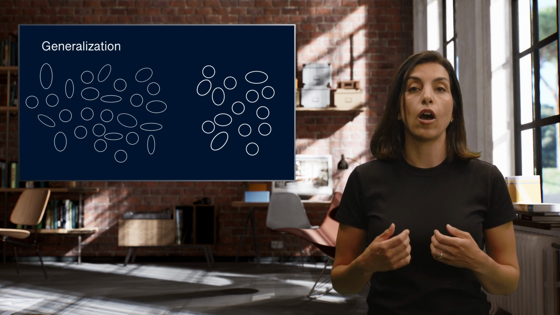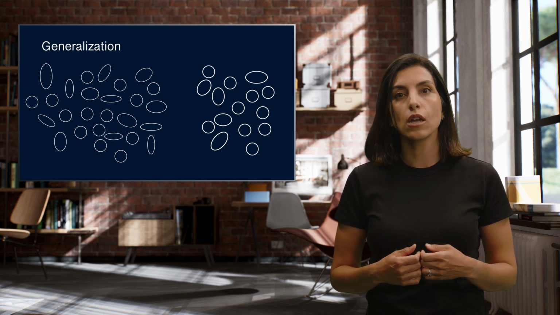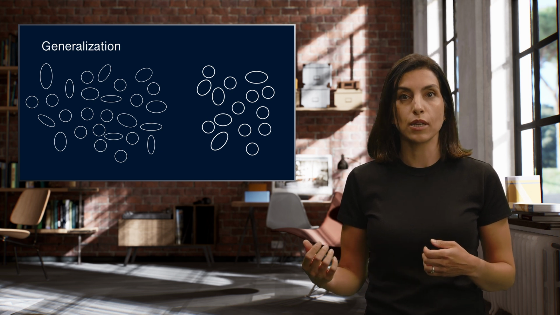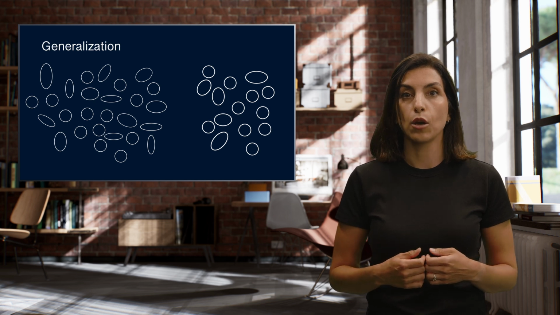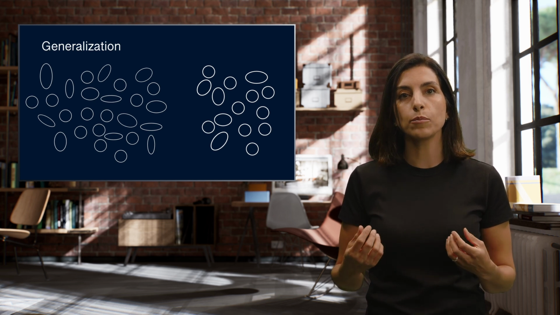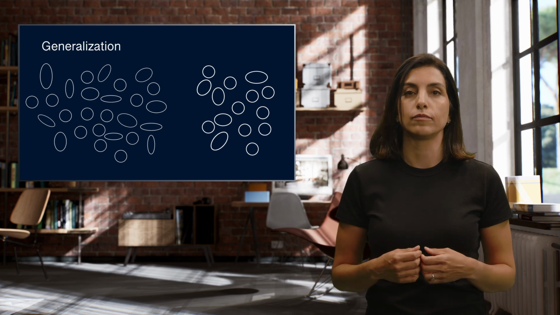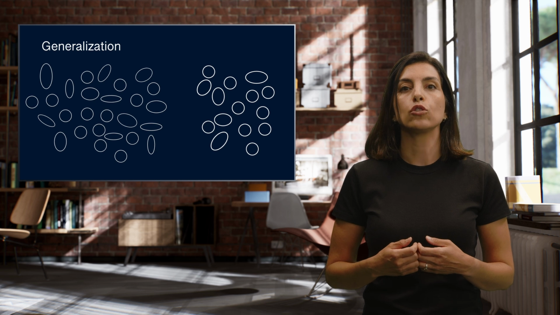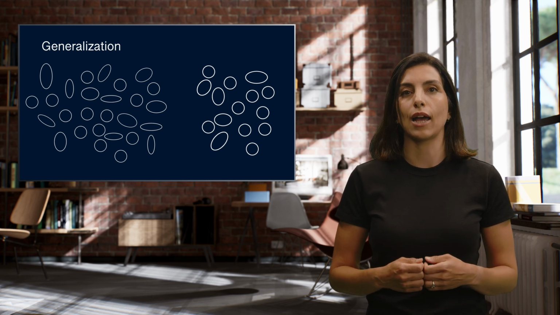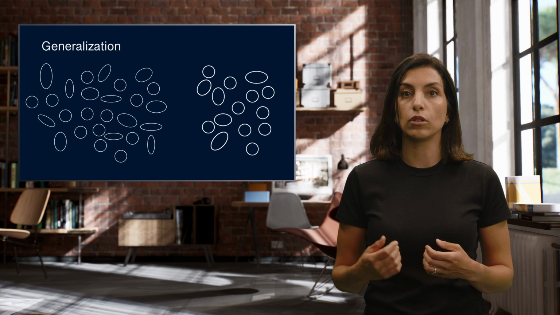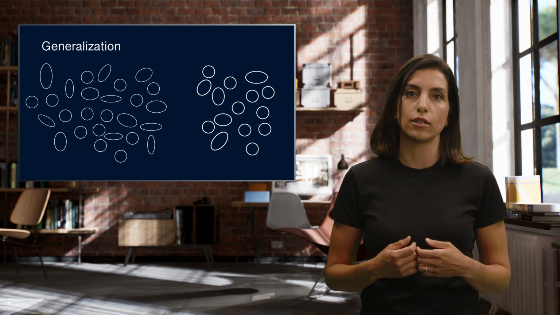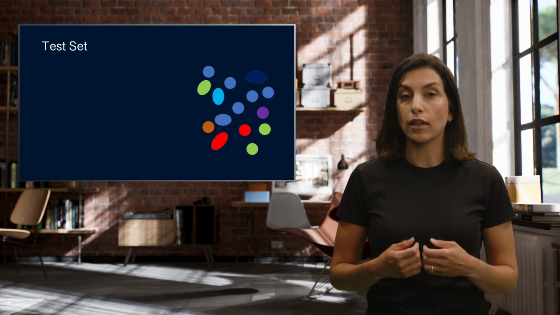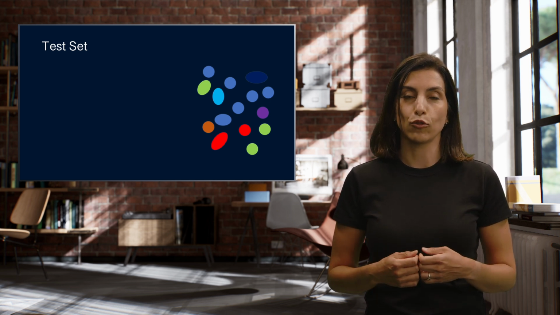In the context of our toy dataset, this means not learning to associate the color to the shapes in the shape classification task, but learning what makes an ellipsoid a circle. In other words, the machine learning model needs to attend to the shapes for this particular task, not overfitting to the misleading color information in the dataset. This is examined in the test set, the original color test set, of course.